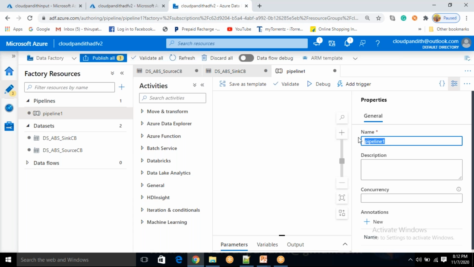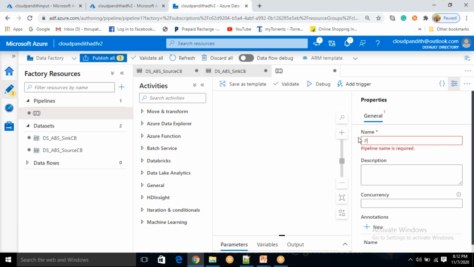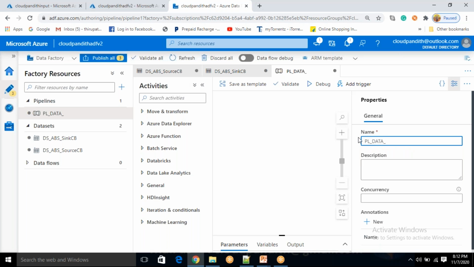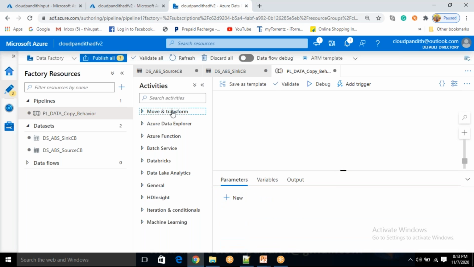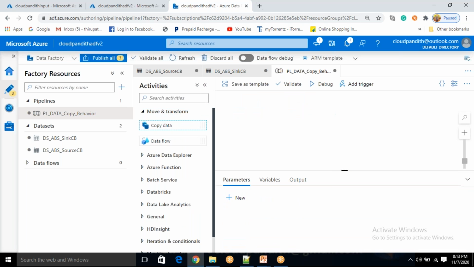Here I am going to give my pipeline name as PL underscore copy behavior. My pipeline is to test copy behavior. Now inside this, I want to drag the copy activity.